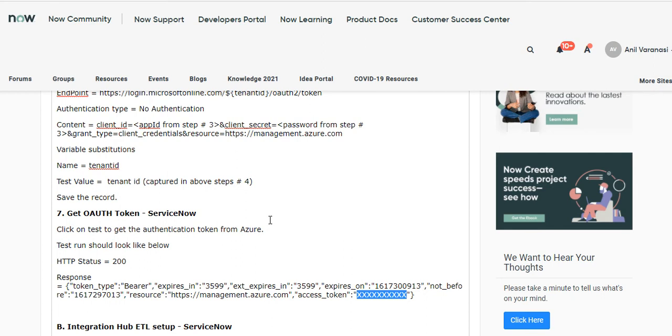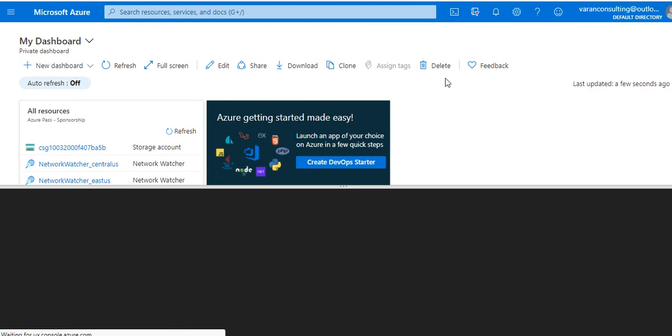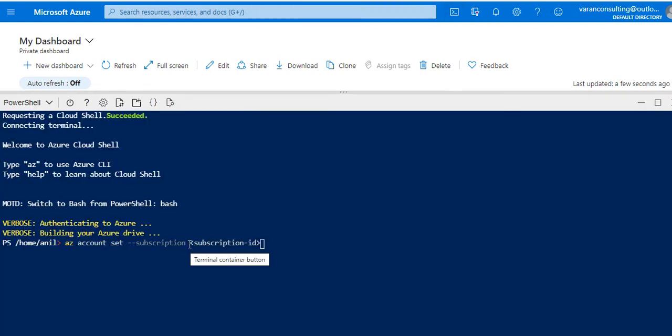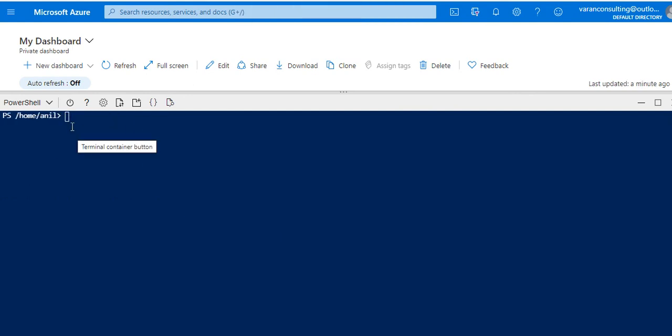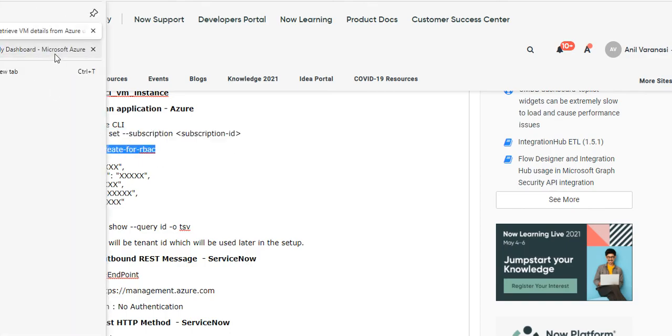Now I'll demonstrate this. I'm logged into Azure. I'll open CLI. Here I will set the subscription. Once the subscription is set, the next step is to run this command, which is to create the RBAC user, that is, create an app registration.